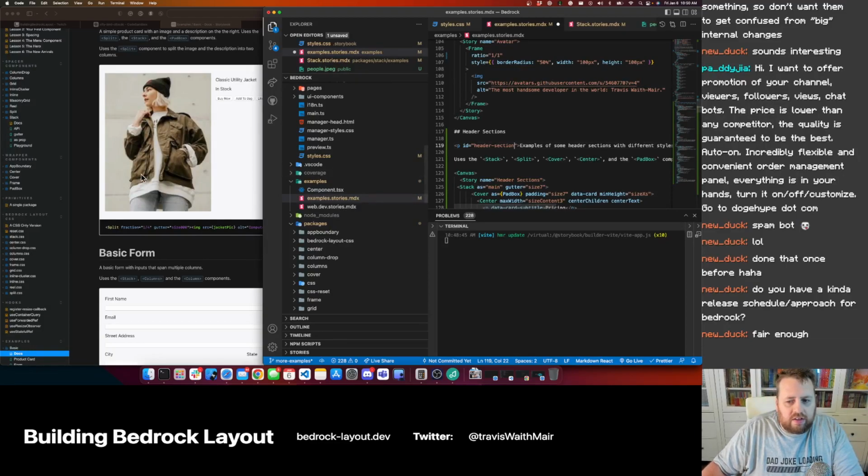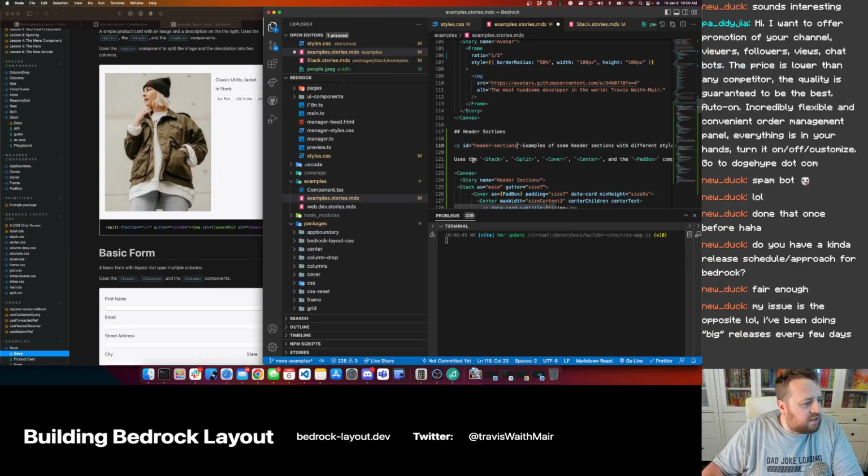header sections. Yeah, we'll say header sections. I've been doing big releases every few days. Especially if it's a newer thing, that happens more often. When this was being built, it was new release, breaking change, because I was changing things all the time. And this has stabilized to the point that unless I'm adding a new component, I'm not doing a major change or some type of big release. But anyway,